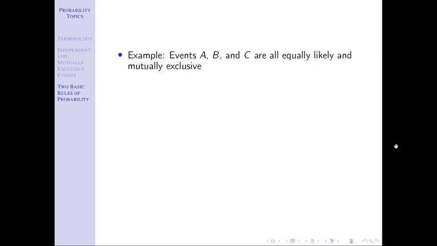Okay. So a quick example, let you pause here if you want to work through these problems. I'll give a quick pause in between each one as well. First one, find the probability of A. If events A, B, and C are all equally likely, that means they all have the same chance of happening. So again, to find a probability, we just say how many ways can something happen divided by how many total options are there. In that case, this would be 1 out of 3.